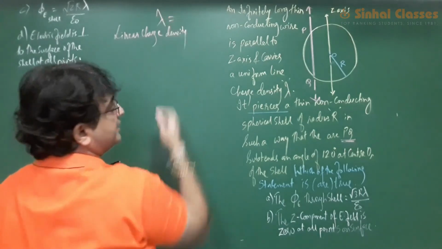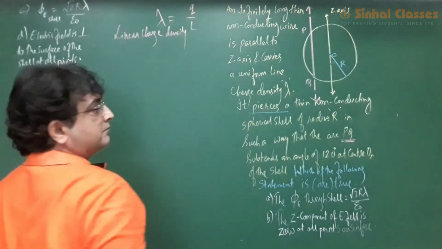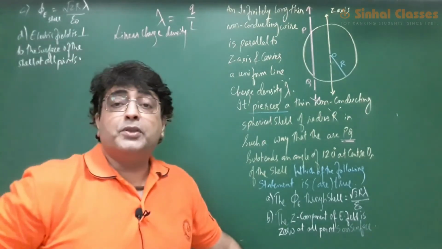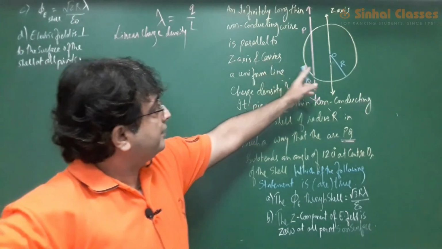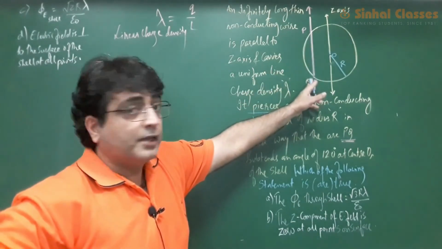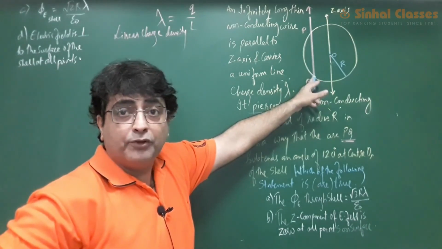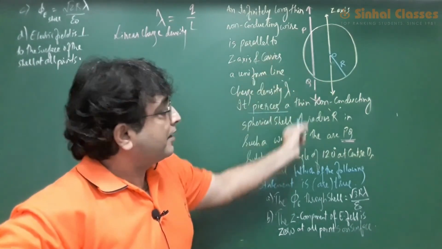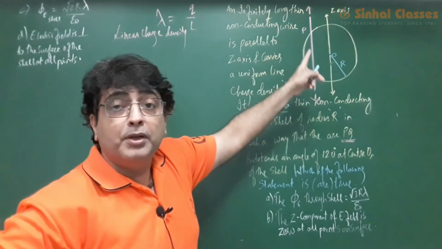What is linear charge density? So simply, it is Q by L, that is, charge per unit length. Now I have taken an infinitely long charged uniform wire. The word uniform means that the mass is uniformly distributed and the charge is also uniformly distributed throughout